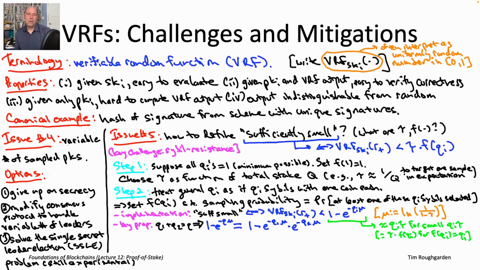So that's the right way to define sufficiently small in scenarios where there's no benefit to anybody from having more than one of its Sybils selected, which, again, as we'll see in part 3, when you couple proof-of-stake Sybil resistance with longest chain consensus, this is generally the version you want to use. As we'll also see in part 3 of this video, if you couple proof-of-stake with BFT-type protocols, you usually want something different. Conceptually similar, but the details are going to be different, specifically in step 2.